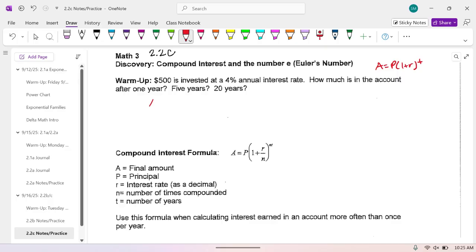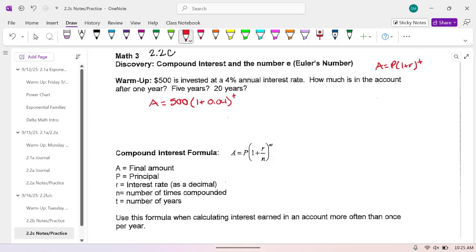We don't have an A value yet. So what's my P value or the principal? 500. 1 plus, what is my rate of increase as a decimal? 0.04. Sorry. And then raised to the T power, where T is in terms of years. All right. So